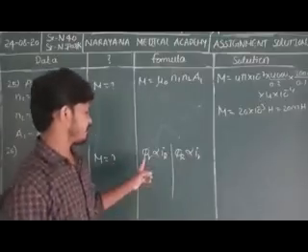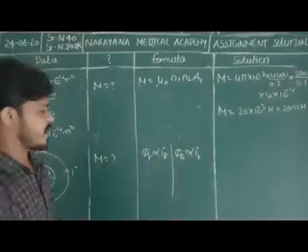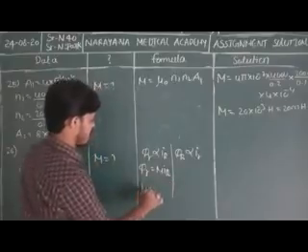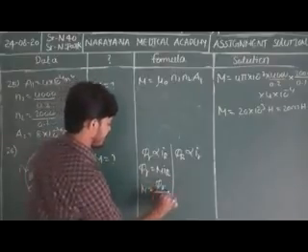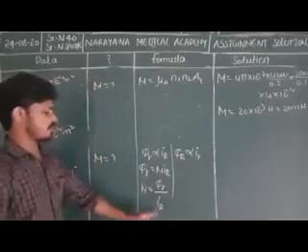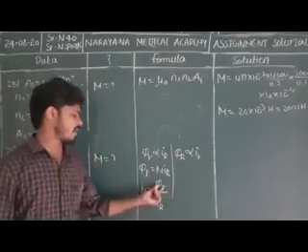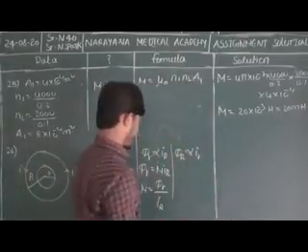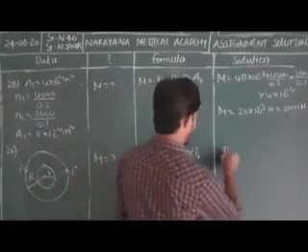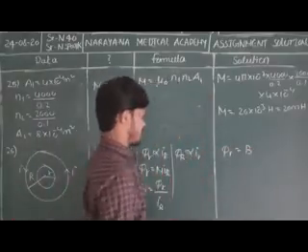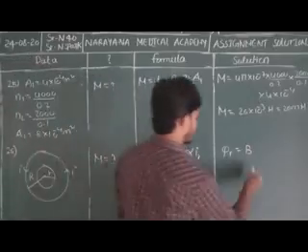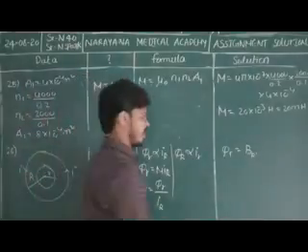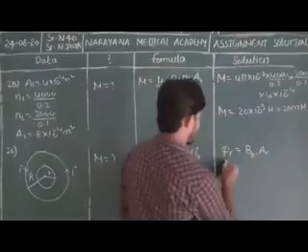A small circular loop of radius r is placed inside a circular loop of radius capital R. So there is a condition here, capital R is much greater than small r. So that is why it is the bigger circular loop and there is a small circular loop inside it. Both are coplanar. It has a radius small r. The bigger loop radius is capital R. So what is the question mark here? The loops are coplanar. Okay. What is the mutual inductance of the system? M is the question mark here.